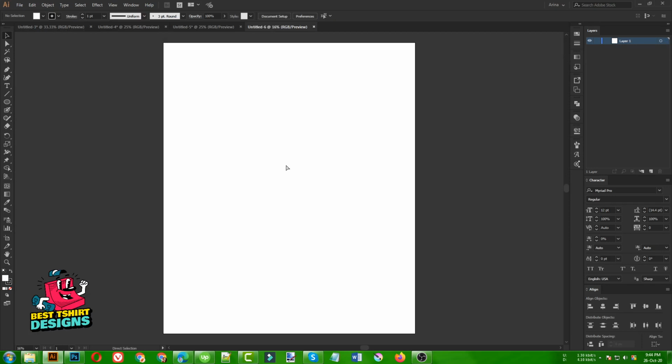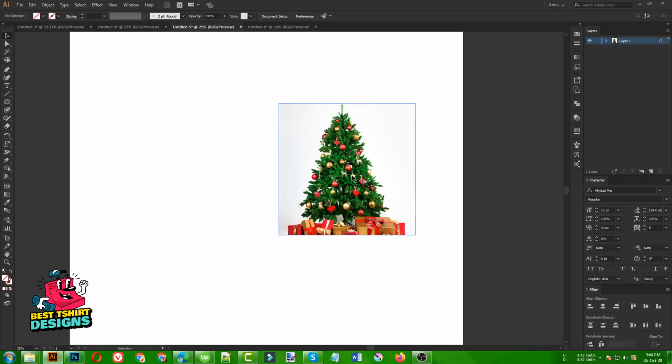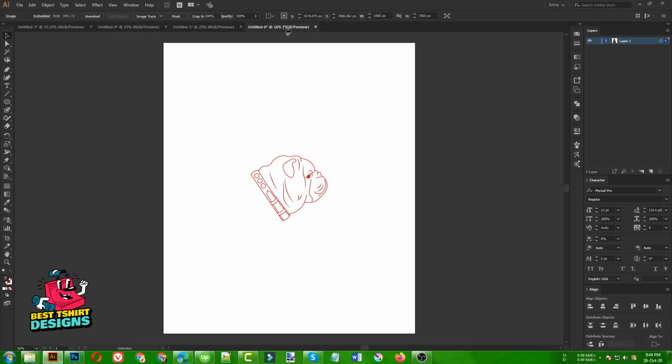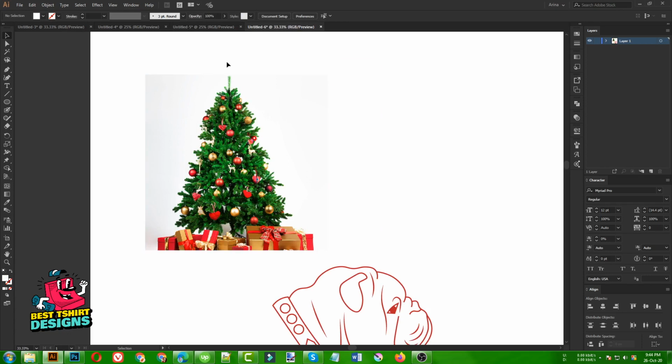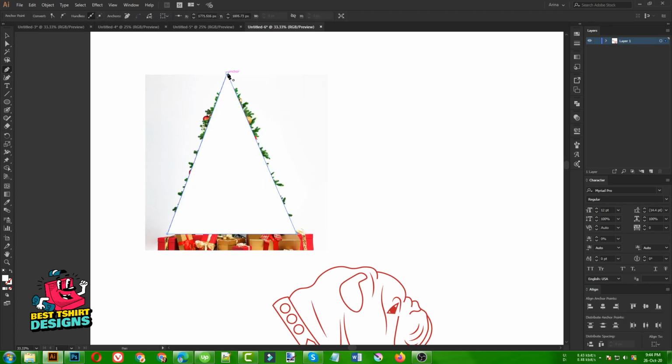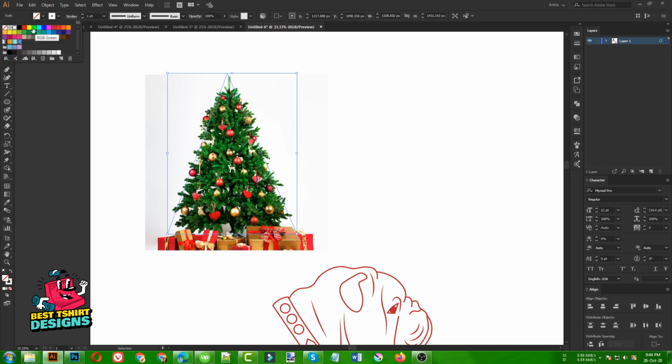So this will give me this artboard size, and whatever I do will be inside the artboard. So here is my dog image. Then I am going to use a Christmas tree here just to take an example. So this is the Christmas tree here. I need to make a shape for it. Like if I click here, then in this area maybe, then this part here, and then here. I'm just making a basic rectangle here, a stroke mode in black, so that will be okay for me.